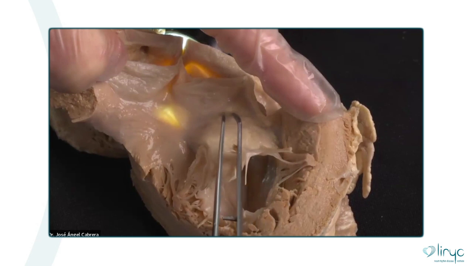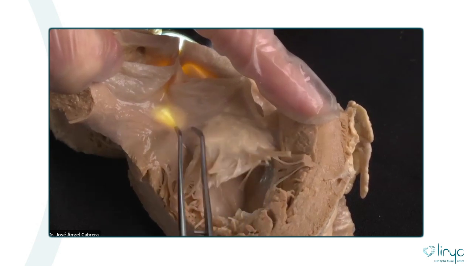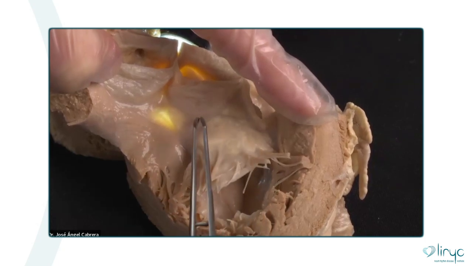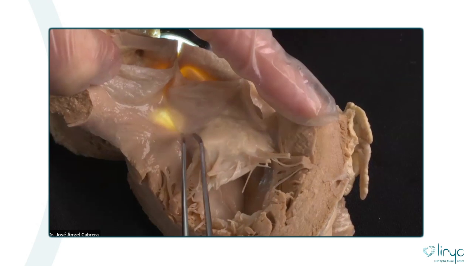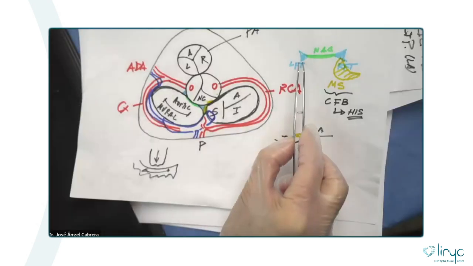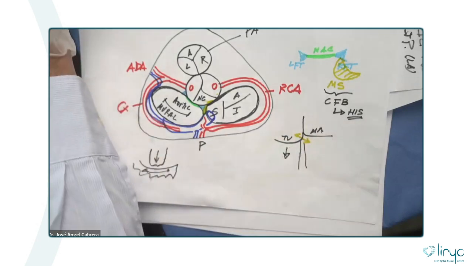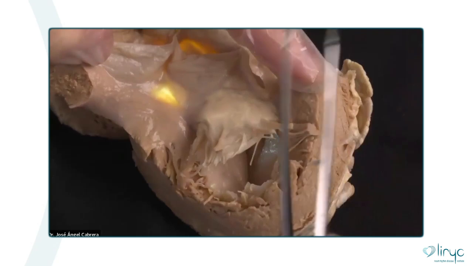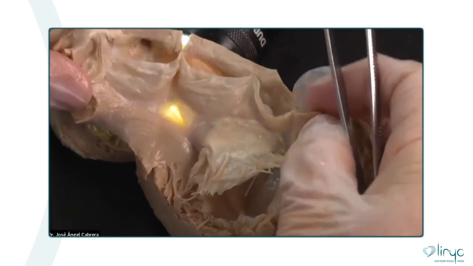This is the attachment of the aortic leaflet or anterior leaflet of the mitral valve. And this is the right fibrous trigone, and this is the left fibrous trigone. Remember, left, right, and mitro-aortic continuity. Therefore, in all this area, from the left to the right, we have the left,